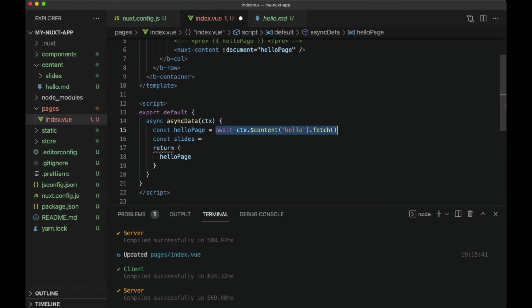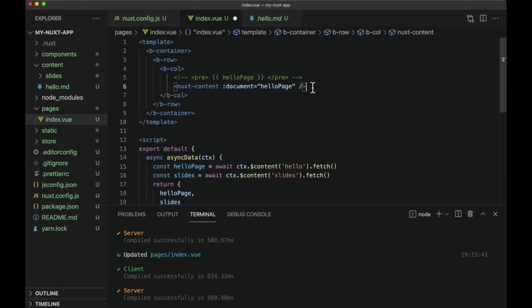Now the entire fetch call will remain the same, except we won't be providing a single Markdown file name. Instead, we will provide the name of the folder so that it can return an array of Markdown files for us, right? So now we will simply return slides,